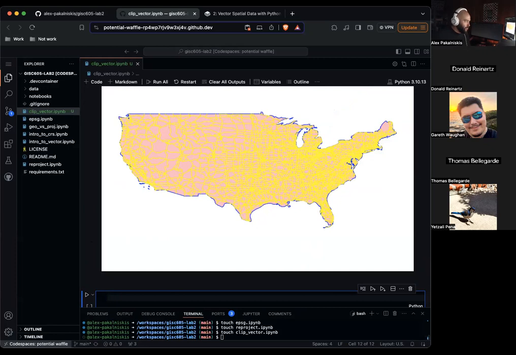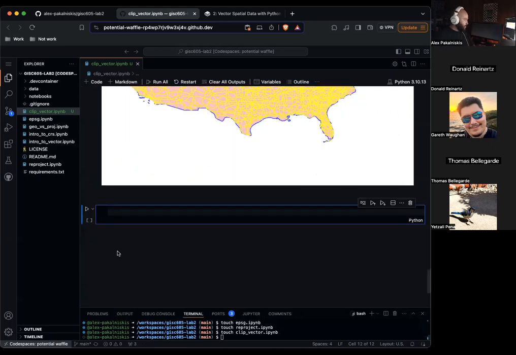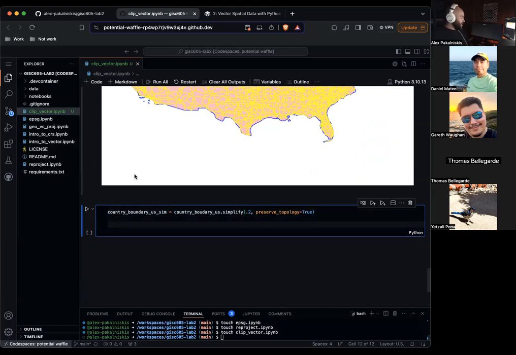If you really wanted to, we could have simplified the data. Let me quickly show you what that simplified data actually looks like. So we'll do country boundary US simplified equals country boundary US dot simplify 2, preserve topology equals true. And now let's plot this.